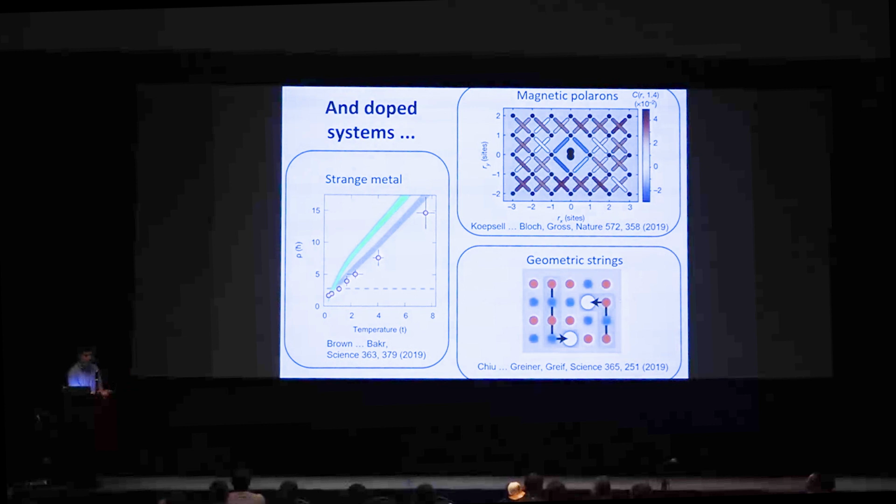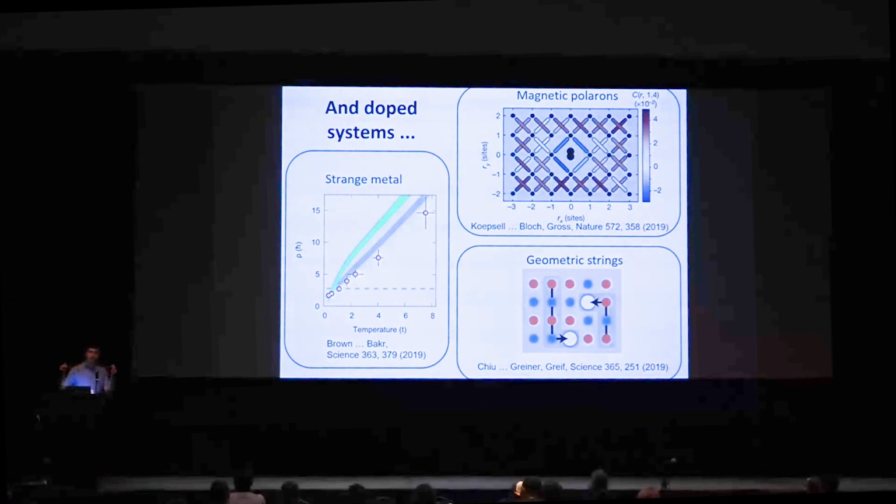Other experiments here have also studied transport, but focusing on the interplay of, say, a single hole with the antiferromagnetic ordering. Those are experiments from Harvard and Munich, where they were asking how does the hole, if you put a hole in the system and let it move, it's a mobile hole, so let it move in the antiferromagnet, how does it disturb this antiferromagnetic order? And one of the things we see, for example, here is that you can start with the hole, it moves around, and it breaks bonds in the antiferromagnet. So as it moves away from the spinon it leaves behind, there's a string that forms, these so-called geometric strings,